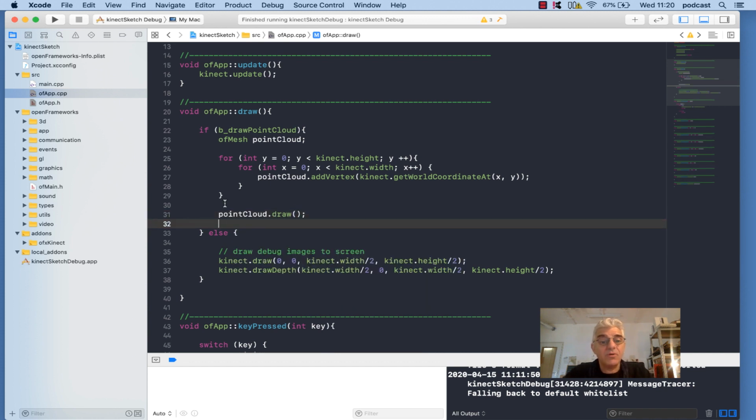This isn't going to give us a very great result, but this is the very basic of it, that we pull data out of the Kinect sensor, we put it into a 3D object, and now we're just asking the 3D object to draw those points that are in it. And every frame that the Kinect sensor has got new data, we update that shape of the mesh by making a new one. So if we draw this now,